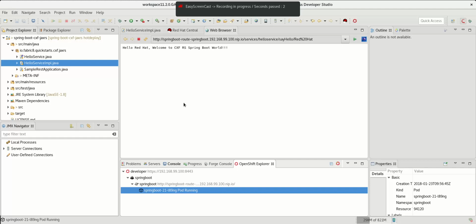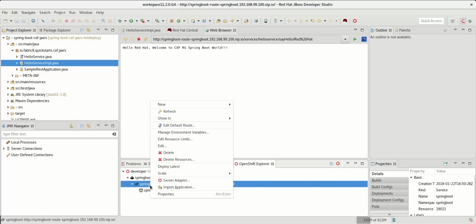Okay, so welcome to this demo of the new features that we added during this release change, which is the support of Spring Boot application in the OpenShift server adapter. So as a reminder, the server adapter is a tool that allows you to hot deploy and debug remote OpenShift application. So here I have a Spring Boot application which is deployed on my local OpenShift environment, which is the